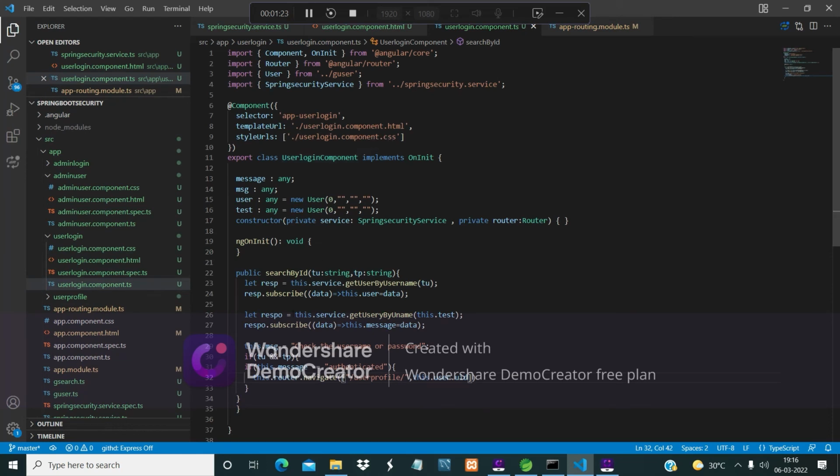Only two or three functions are here, but since it is a sample demonstration, I have only added these sample functions.